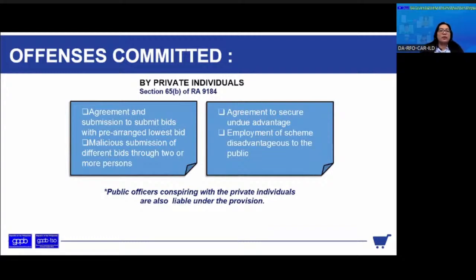And then the second one is the malicious submission of different bids through two or more persons. It's the same thing, no? For example, bidder A